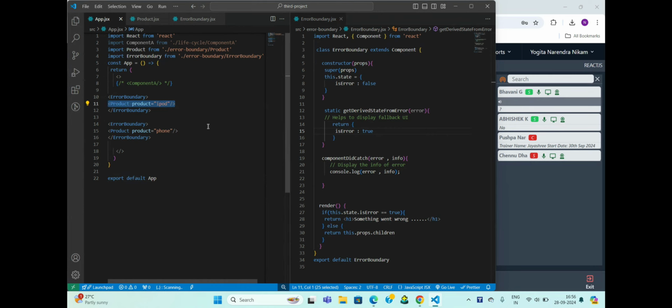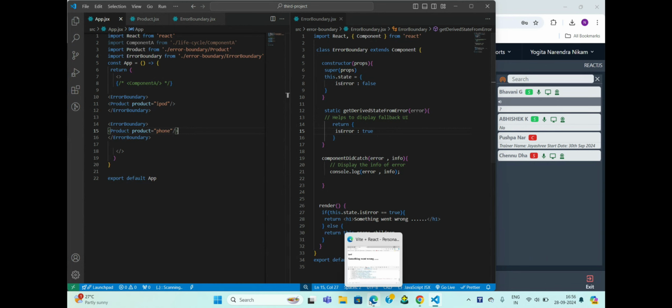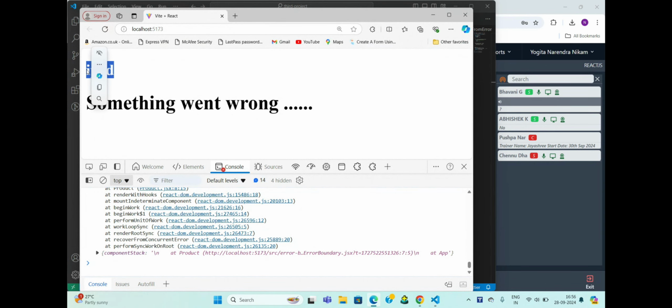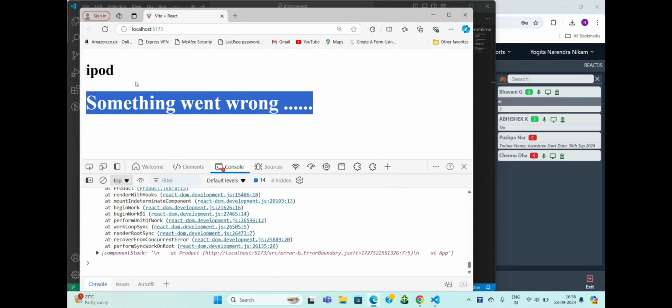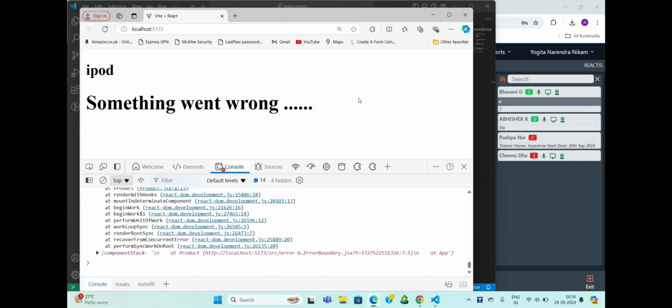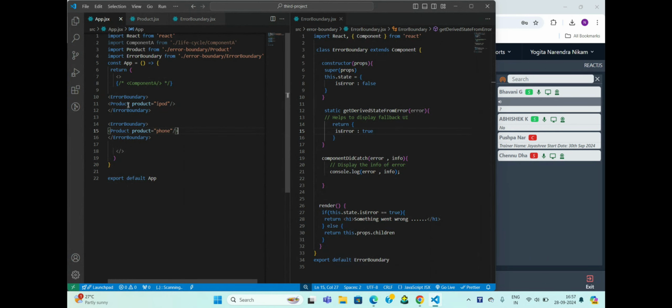Now, suppose you have another component, a third component, and you want to check the error for that, so for that you have to wrap it with the error boundary. Each component wise you have to do it. Either you render for each component or you can also render it together. Mostly you will just see one fallback UI message, that something went wrong or check your network, correct? So mostly you can wrap all the components together inside the error boundary. That will also work.